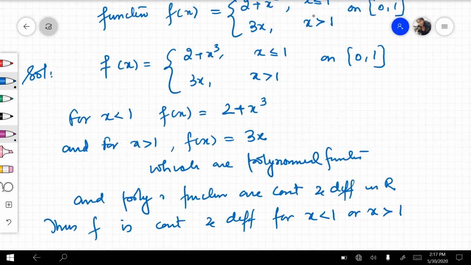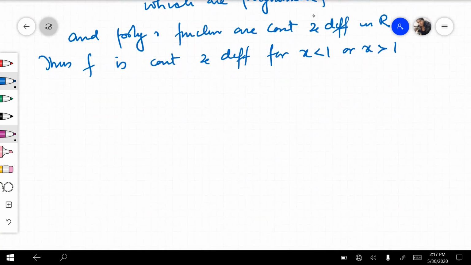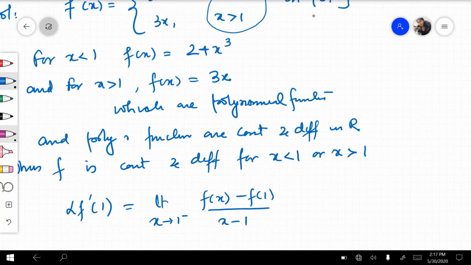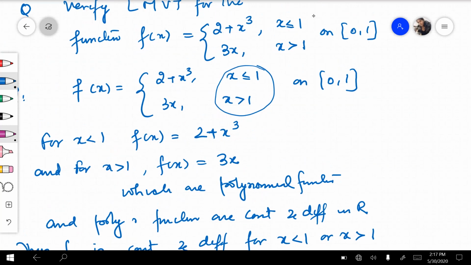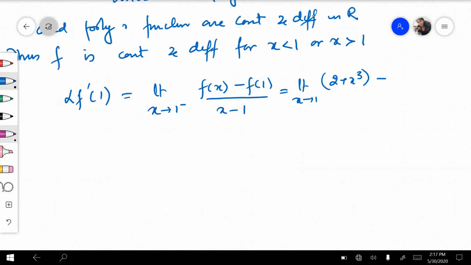But the function that is between 0 and 1, क्या ये इस पे कंटिन्यूस है या नहीं, we have to check that part. तो उसके लिए what we are doing, we are checking the differentiability at 1, left hand derivative at 1. This will be limit x approaches to 1 negative of f of x minus f of 1 upon x minus 1, which comes out to be x less than 1. For x less than 1, it is 2 plus x cube. So I can write limit x approaches to 1, 2 plus x cube minus f of 1, 1 पे भी यही है, which is 2